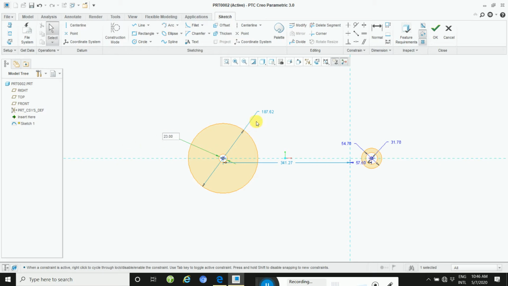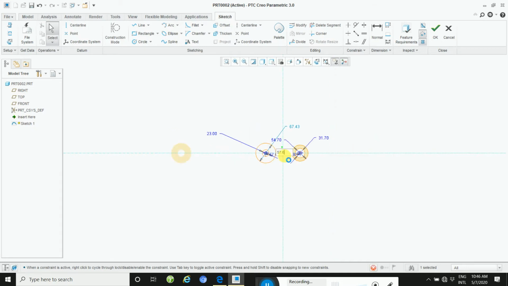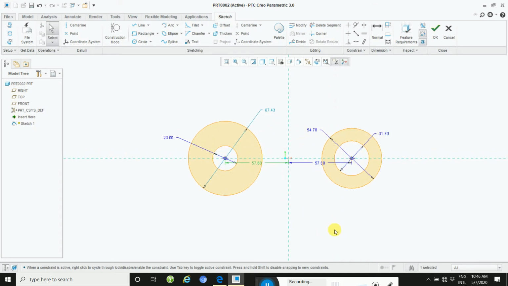Okay, and then the outer circle, give this command and then define the same value, 57.6. Okay, this way.